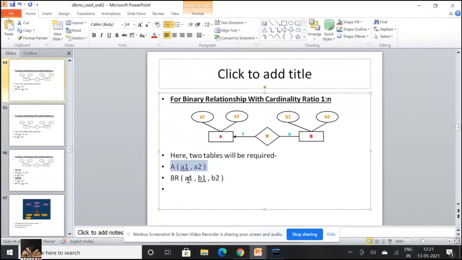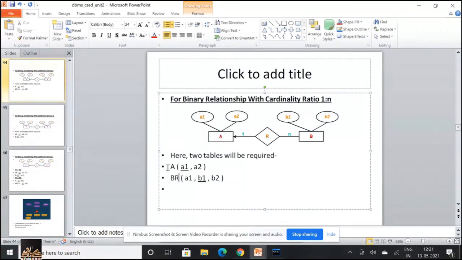So A1 is acting as the foreign key, which references A1 of capital A. You can take this relation as directly B also, no issues, or you can make that as BR. It's up to you.